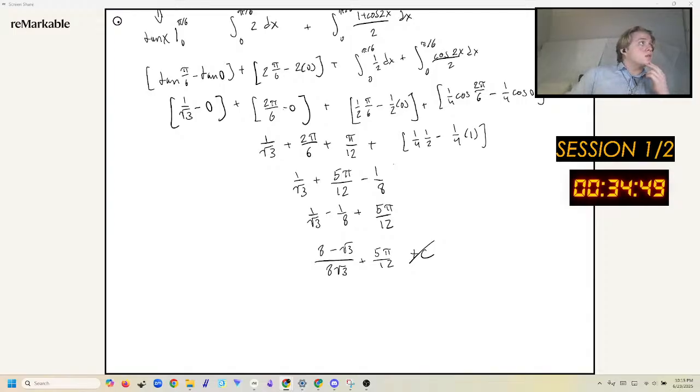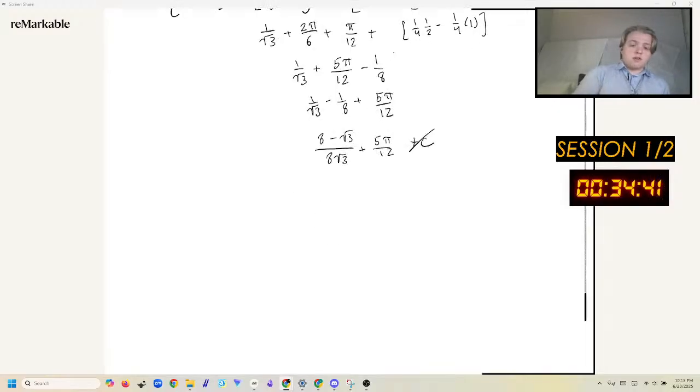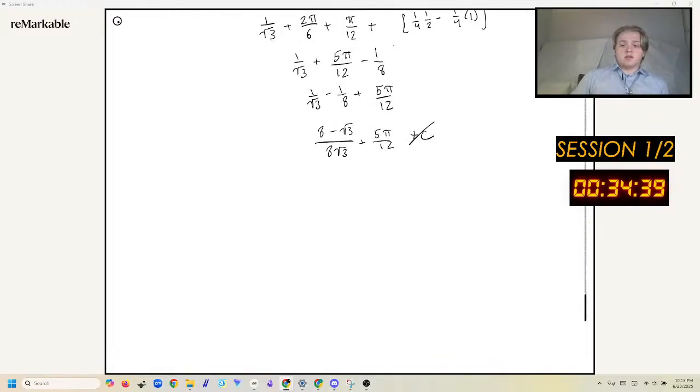Okay, so we made an error. Now we have to correct this entire integral. It's a bit of a long one. So, let's start from the top. We're taking the integral